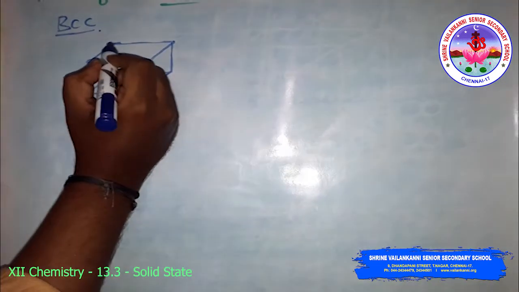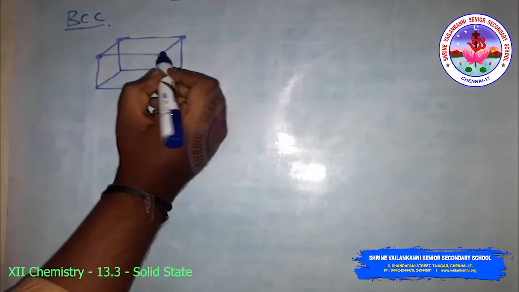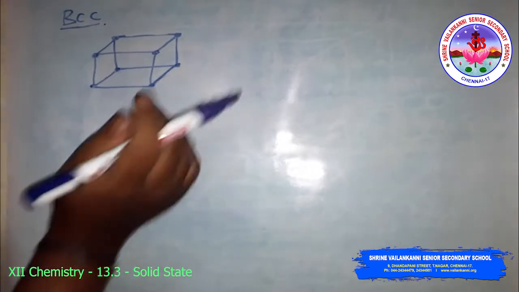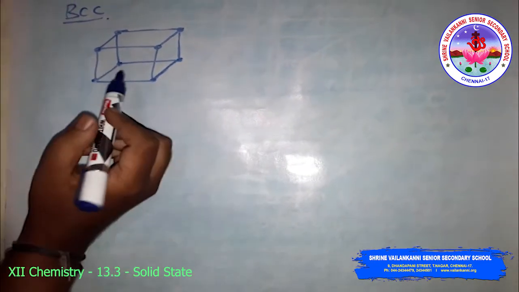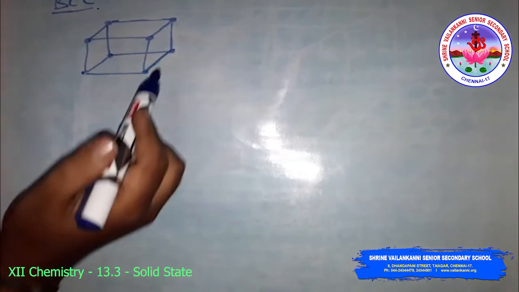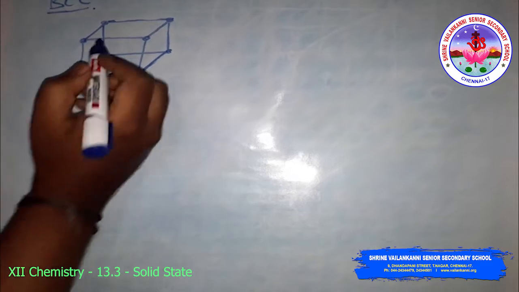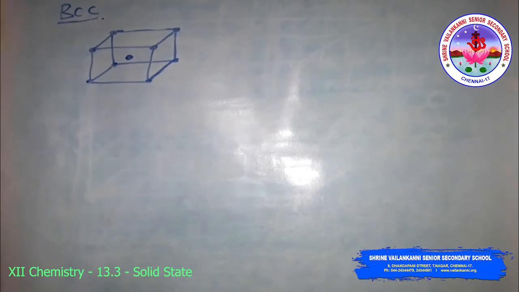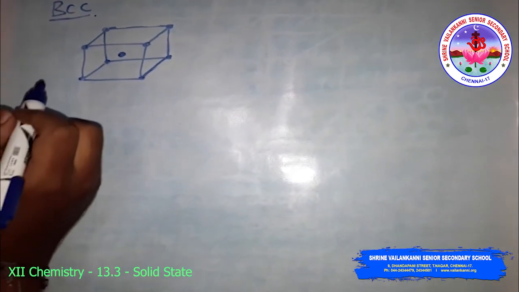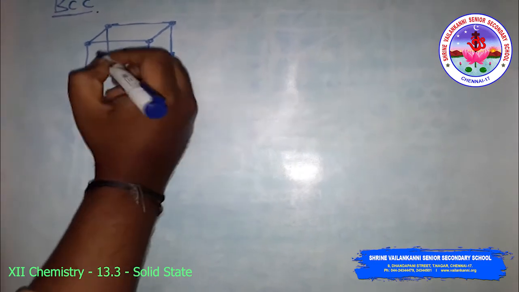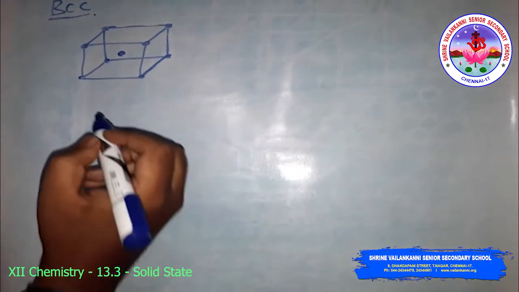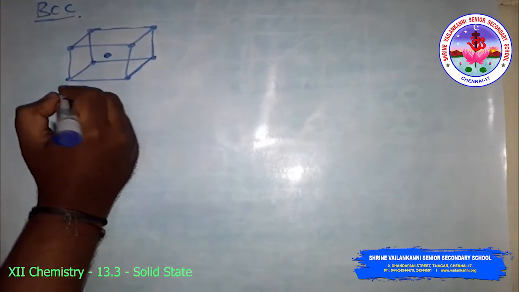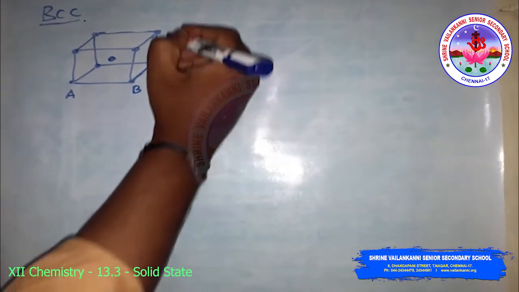First we want to find out the atomic radius for BCC, then we can calculate the packing efficiency for the BCC unit cell. Now the BCC is body centered cubic. So 8 corner atoms are present, and the center of the body is 1 atom. Now we have to take this atom and this atom and this atom, touching each other. This means this A and this B and this C and this D.